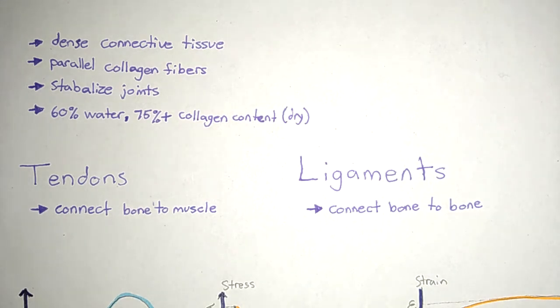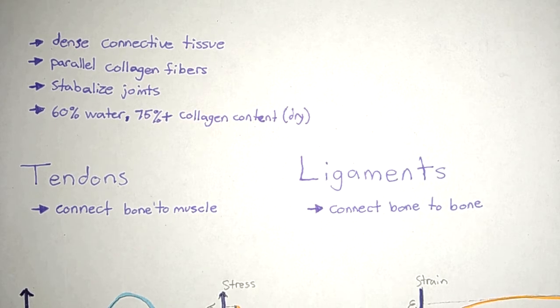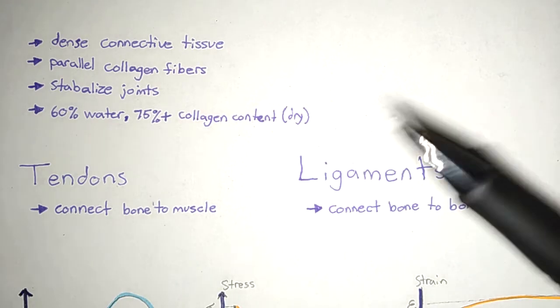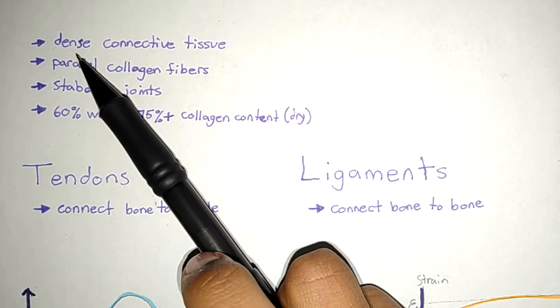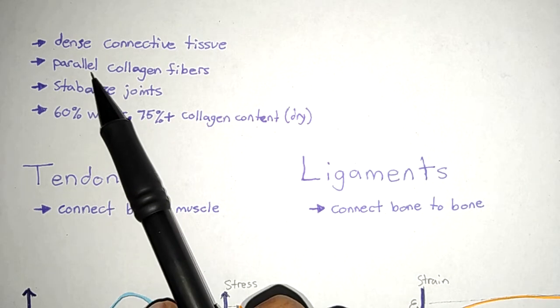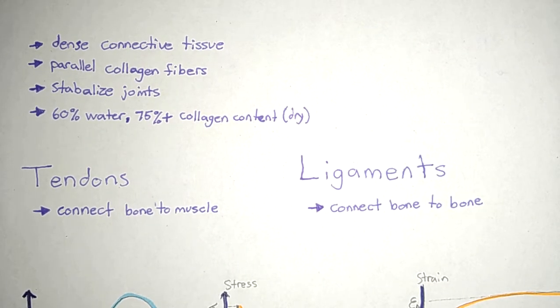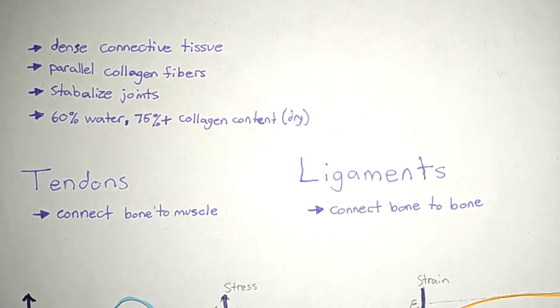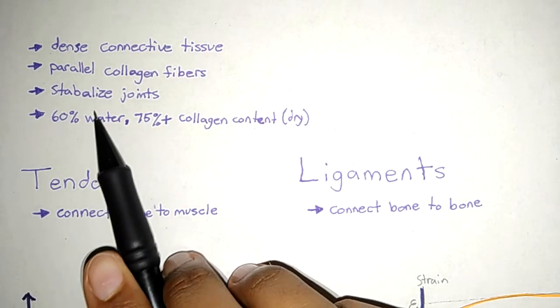Tendons and ligaments play an important role in stabilizing muscles, joints, and even bones. Tendons and ligaments are dense connective tissues typically, and they have parallel collagen fibers, fibers going in a parallel direction. They stabilize the joint,